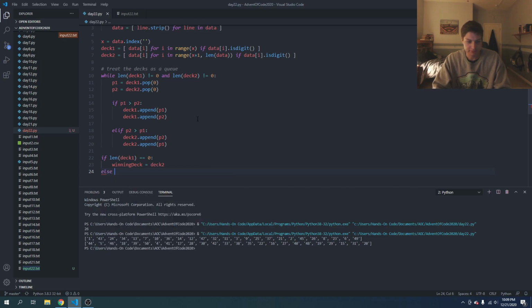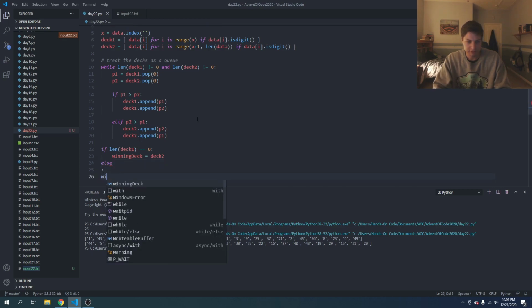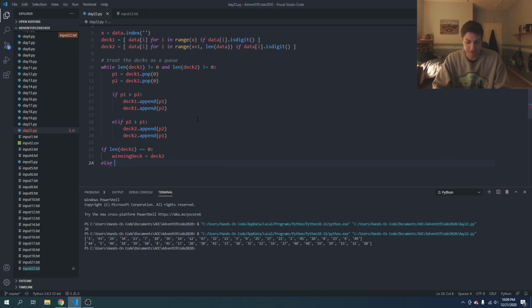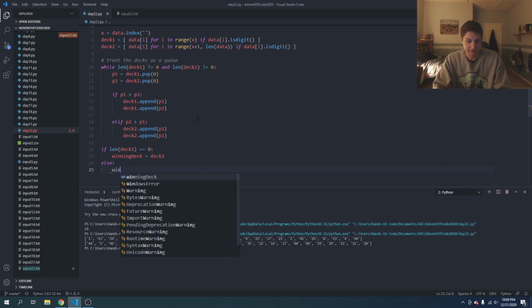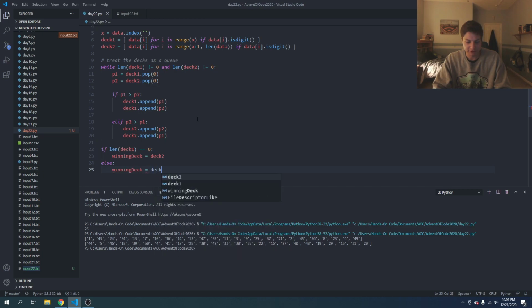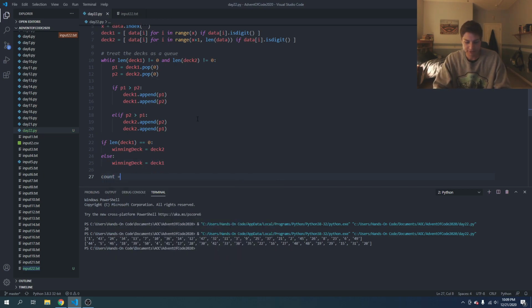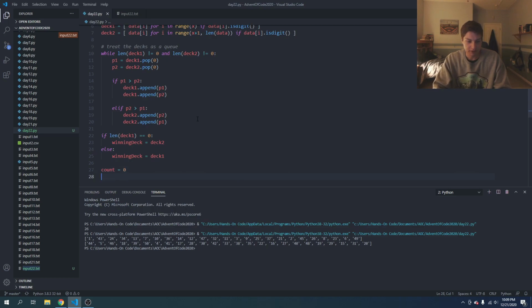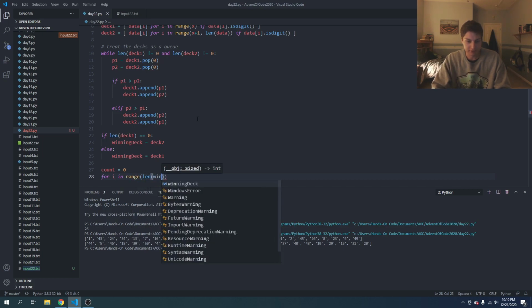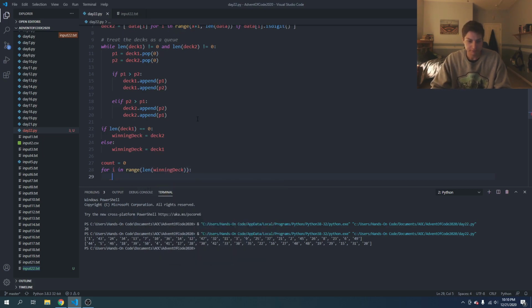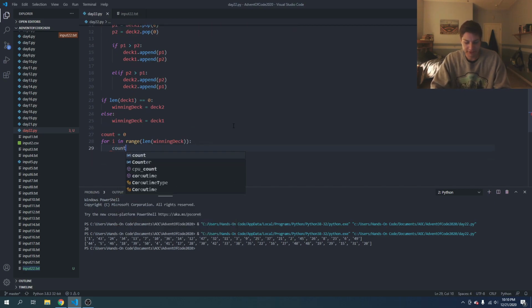Else, goodness gracious, can't type for the life of me today. Winning deck is equal to deck 1. And then we'll say count is equal to 0. And for i in range, length of winning deck, then we are going to say count plus equals,